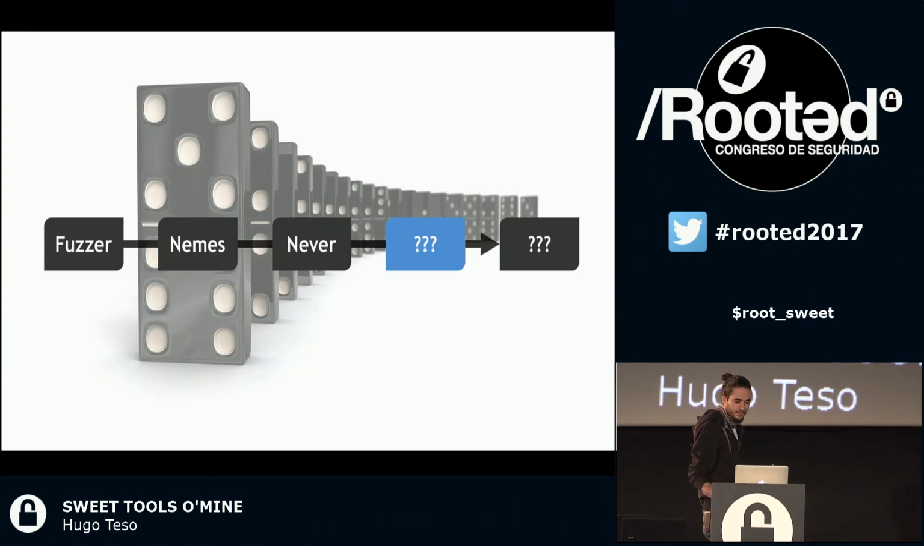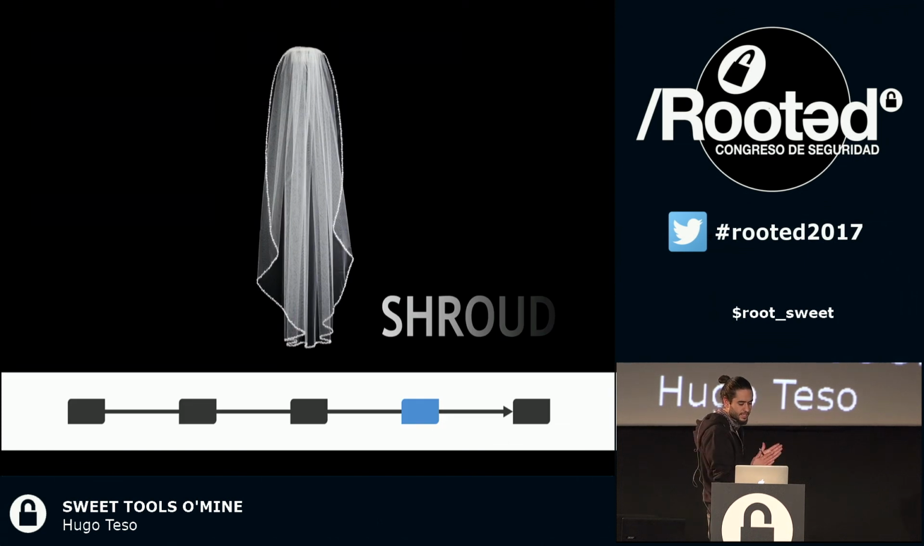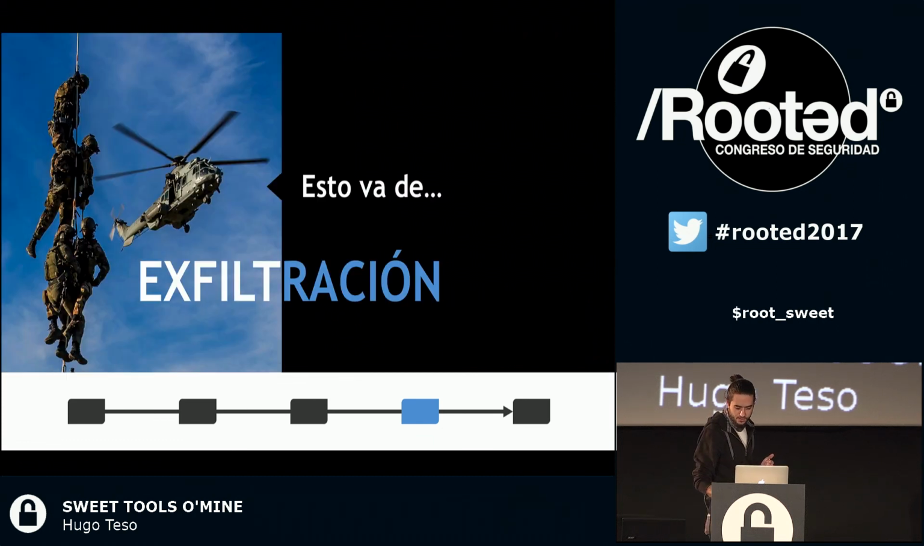This one I really like, the next tool. This is called Shroud. It is a crazy idea that came to my mind when I was playing around with virtual machines, and the funny thing is that it works. This has to do with the exfiltration of data. Once you get to a system, once you know that you have found the data, and you have to extract that data,